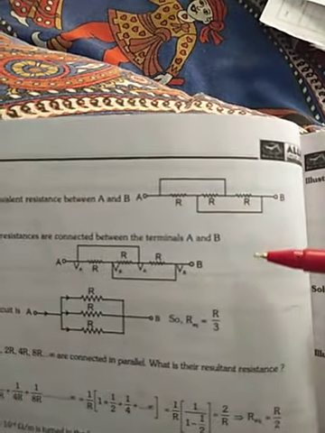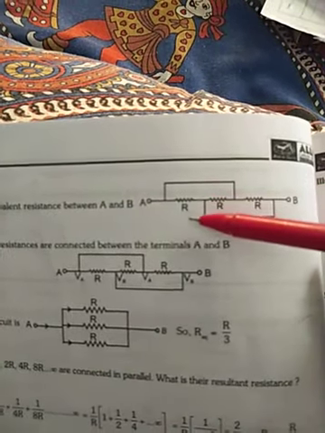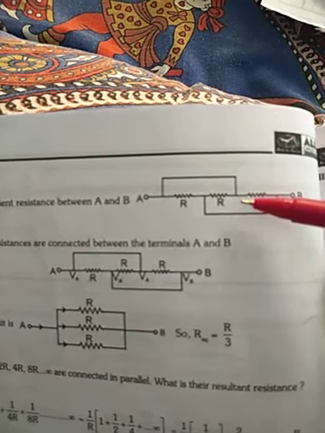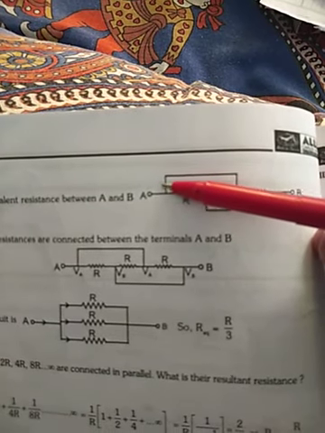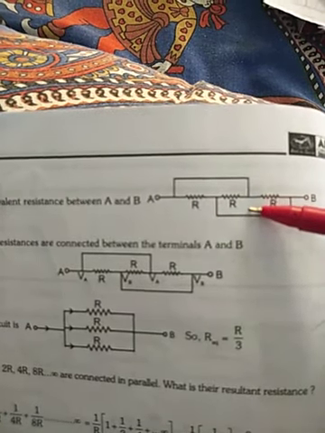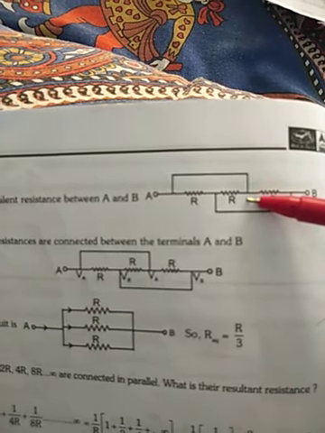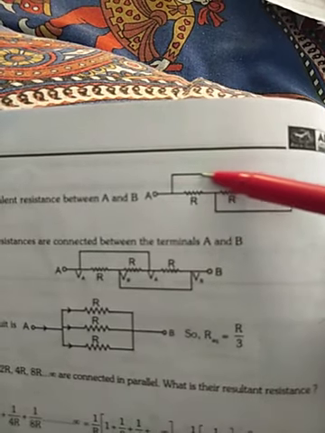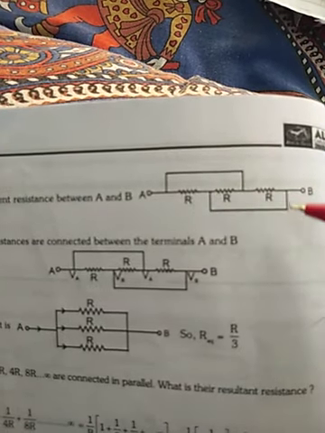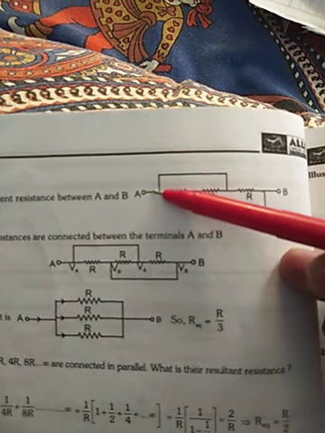This is the most important category. Students, please keep in mind, if in any connection there is a wire attached like this, what does it mean? It means there is no potential drop across this line, because this wire has negligible resistance, but V is equal to IR. R is almost 0 for this wire, so this is called short circuiting. The potential here and here will be the same. Here and here will be the same. So note the potentials. Suppose here the potential is VA, here will be VA.